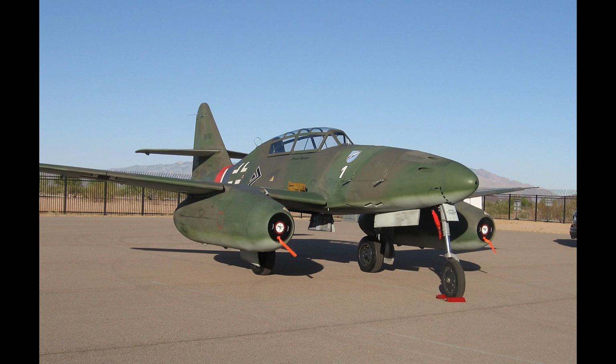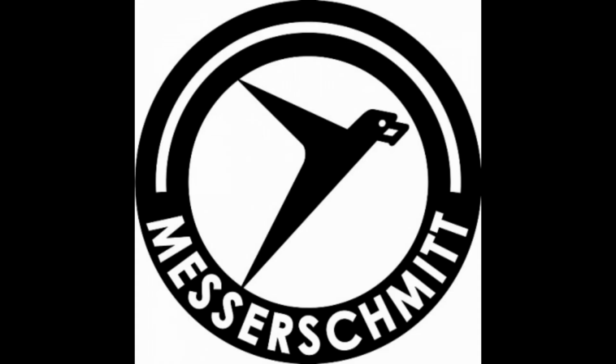To start off with, the ME-262, known as the Schwalbe, or Swallow in its fighter variant, and the Sturmvogel, or Stormbird in its fighter-bomber variant. But there's also the name Jabo, but this was the unofficial name given to the ME-262 with bomb sights and bomb racks. The ME-262 was a German jet fighter and fighter-bomber designed in 1938 by Messerschmitt and